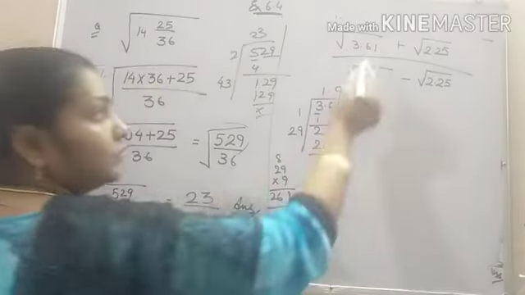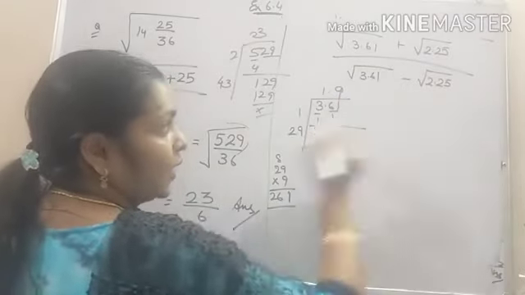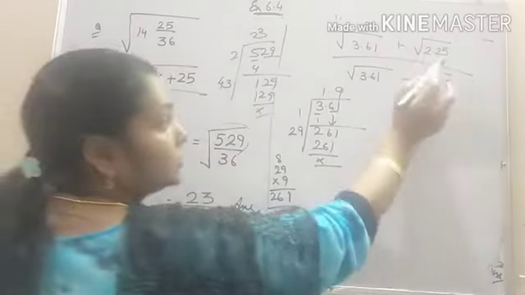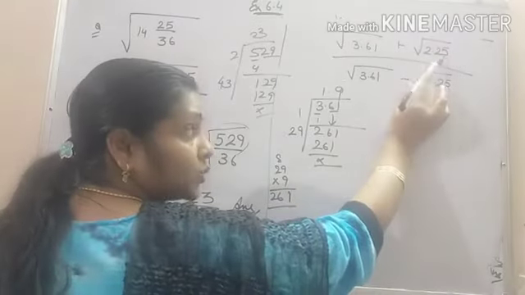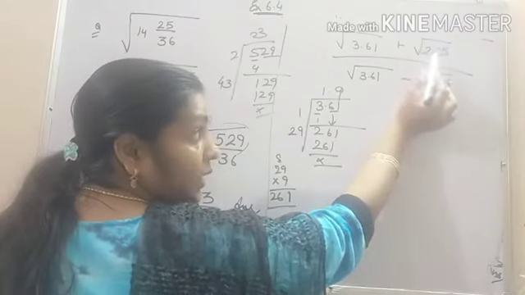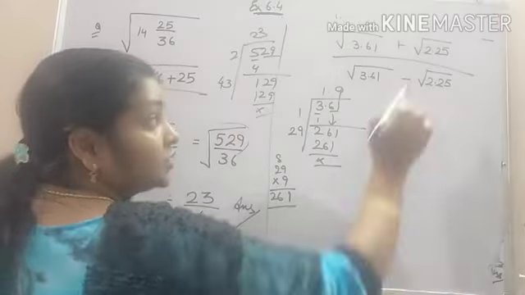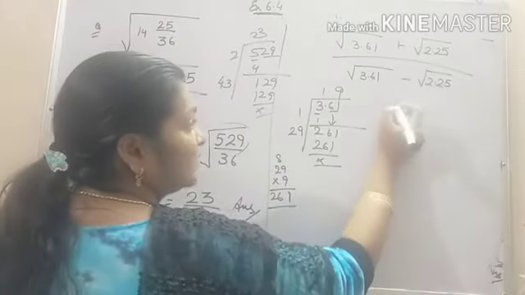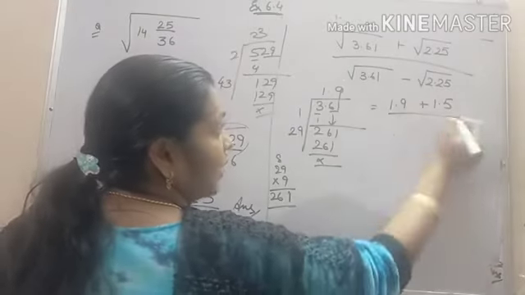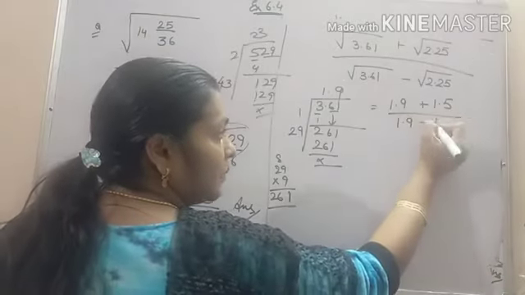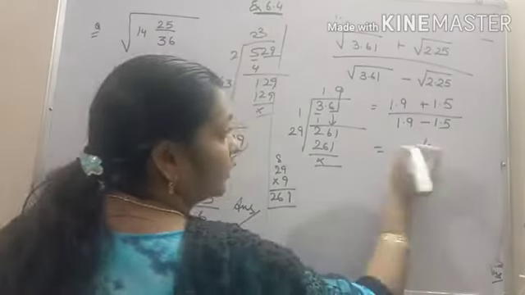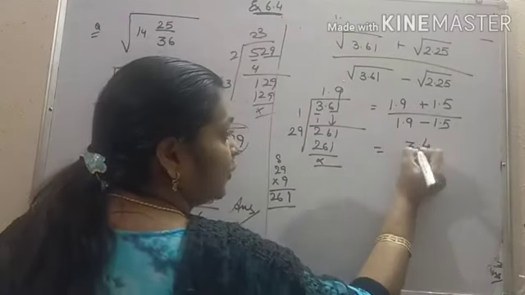So you get the root of 3.61 as 1.9 and 2.25, you know it is 1.5 because 225 is the square of 15 and the number of digits after the decimal becomes half. So it will be 1.5. Now substitute the values. 1.9 plus 1.5 upon 1.9 minus 1.5. Add them. 3.4 upon